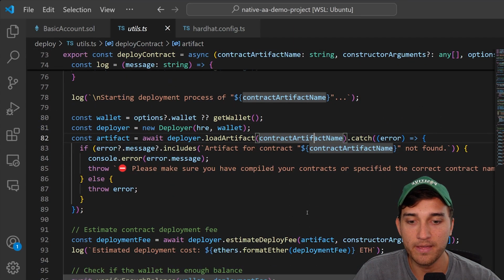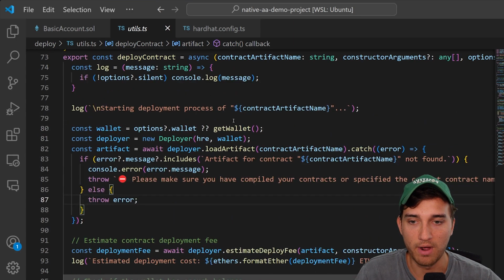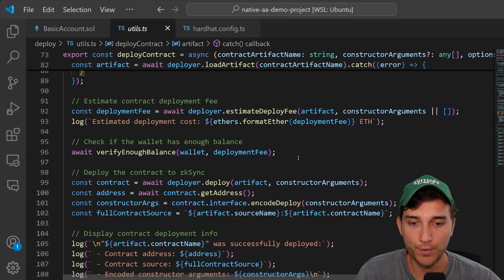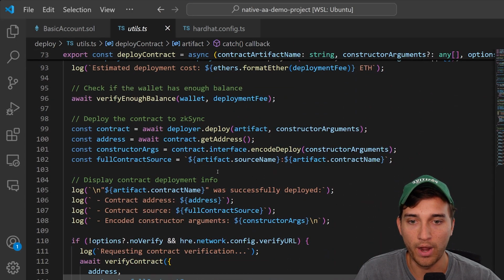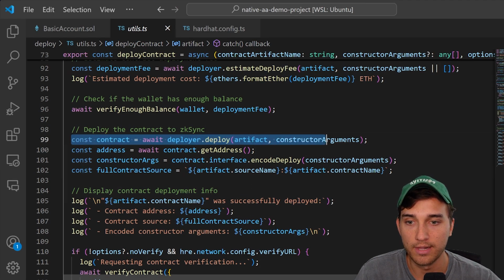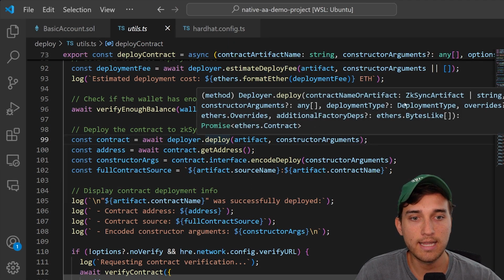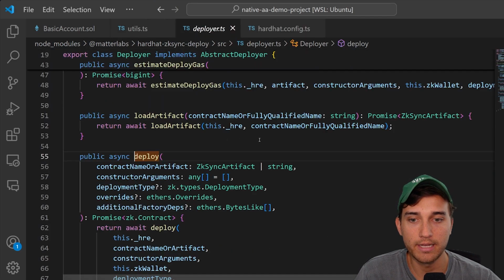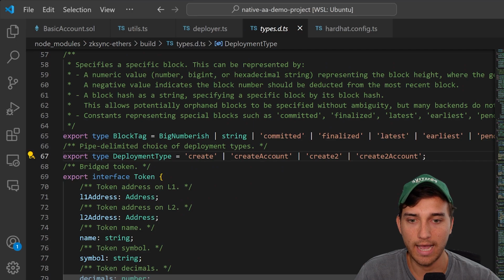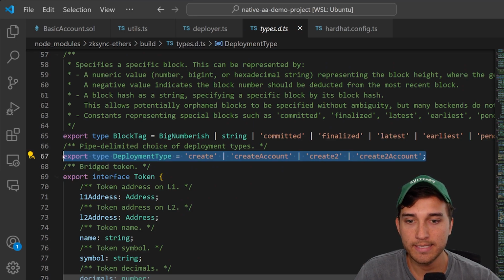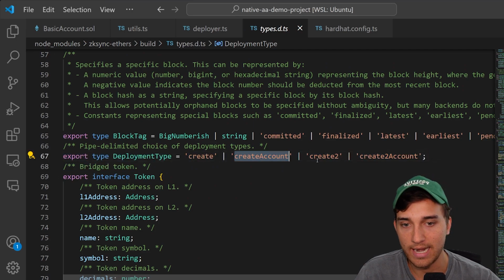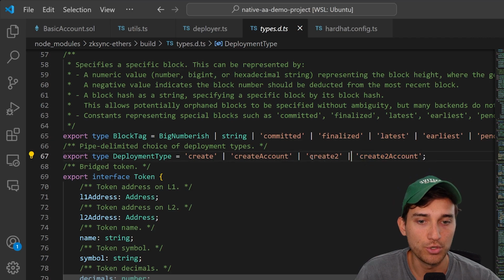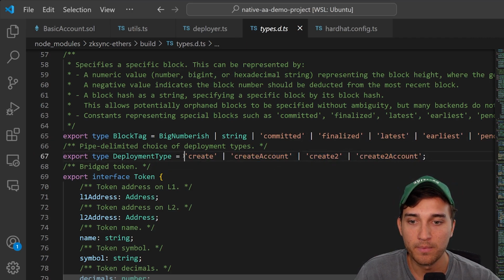Now, within this file, or this function rather, if we scroll down to the part where it says deploy on line 99 for me, you can see this optionally includes a deployment type. So deployment type, if we click into this function and we look at this type here, you can see there is create, create account and create two account. Now we won't go into what create two means in this video if you don't know, but we're concerned with